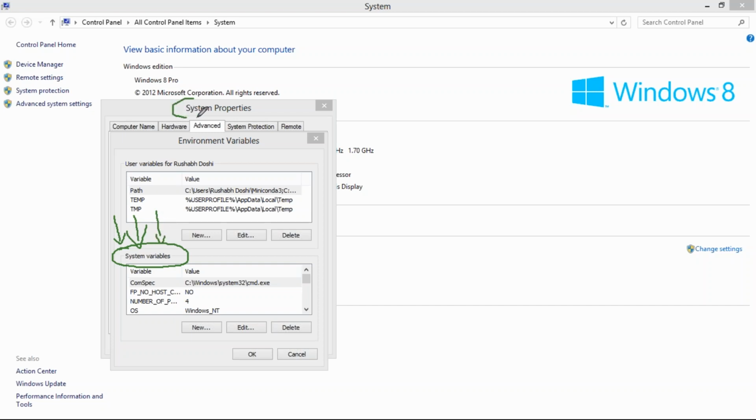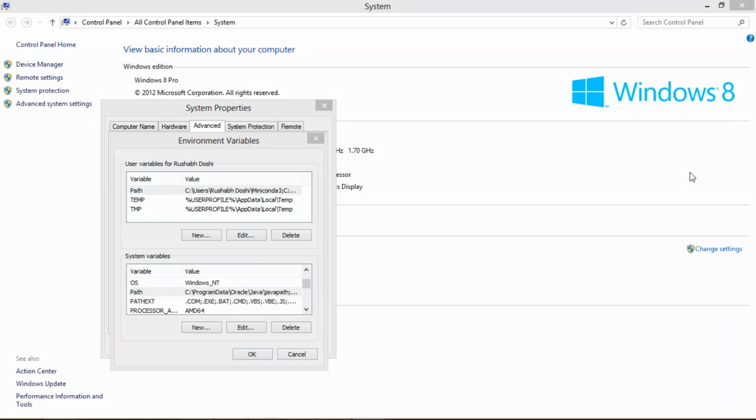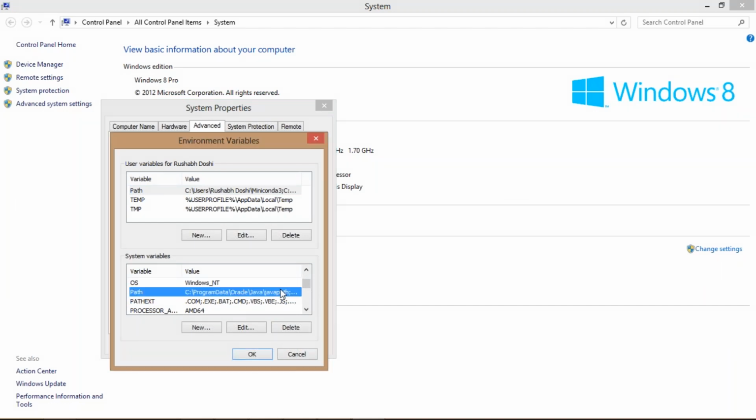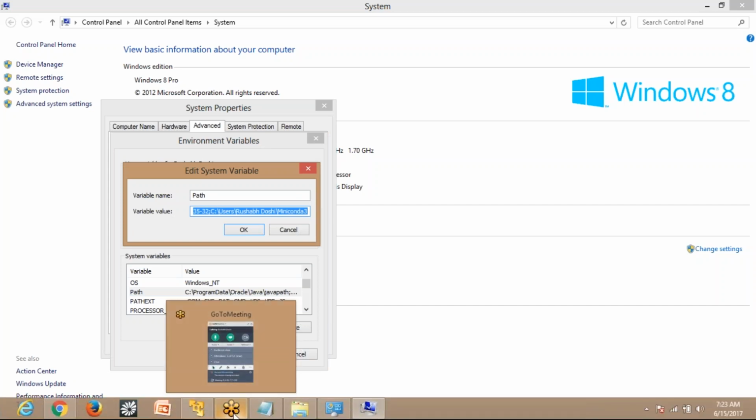So please go to system properties. You can even go by control panel also. So go to your system variables, folks, and in that you will see a variable called path. You see this path variable? Just select that, click on edit. Click on edit, and